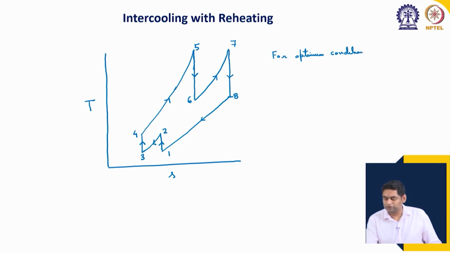we will study for optimum conditions. So, optimum conditions: T2 equal to T4. In general, we also know that T3 should be equal to T1, which is the ambient temperature, and T5 and T7 are equal to the turbine inlet temperature. So, T5 is equal to T7 equal to the maximum temperature that is possible in the cycle. Okay. Now,